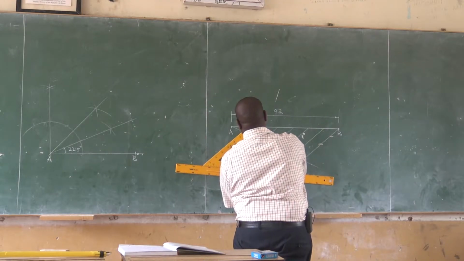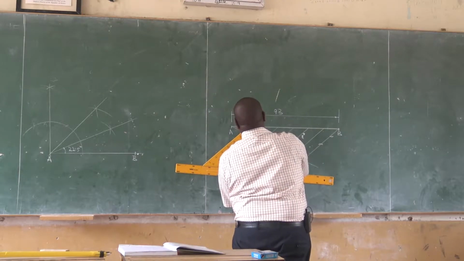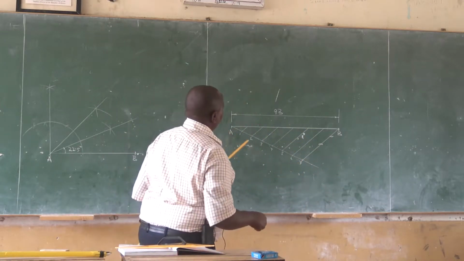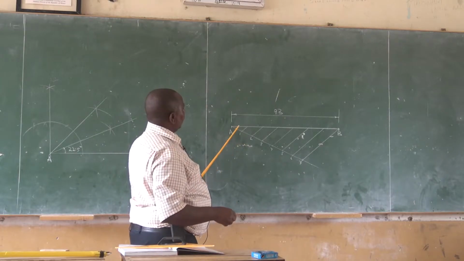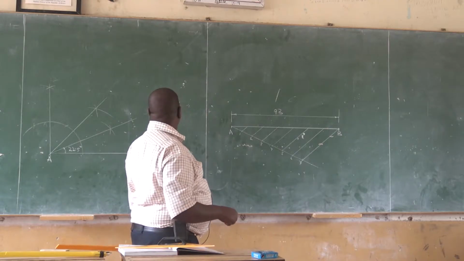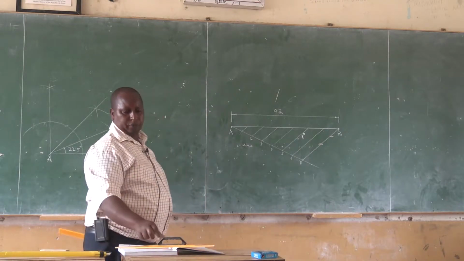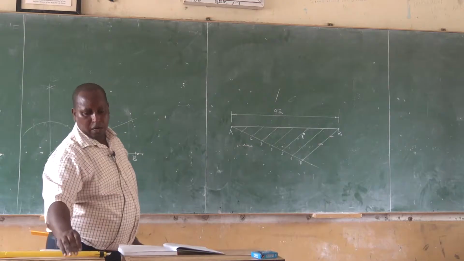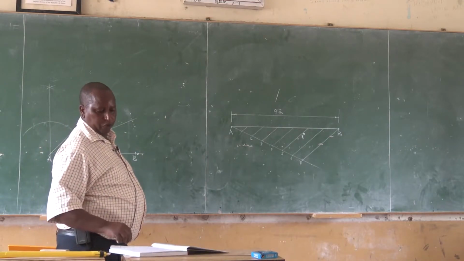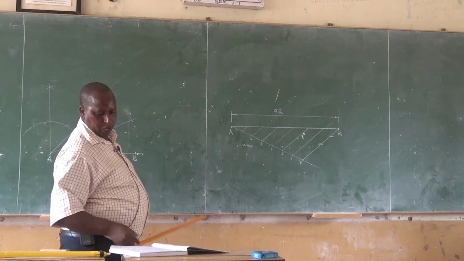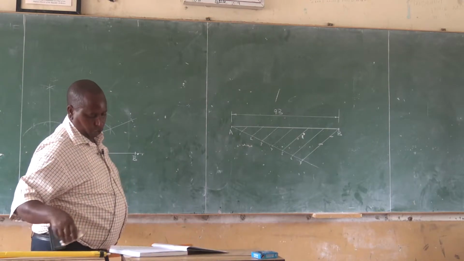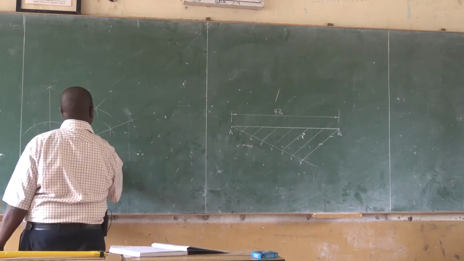Please note that all these lines are parallel and the divisions are equal. So these are equal divisions. We managed to divide our original line AB into the number of parts that we want. Now, if our assignment was to divide that line into a given ratio of parts, say 2 to 3 to 4,